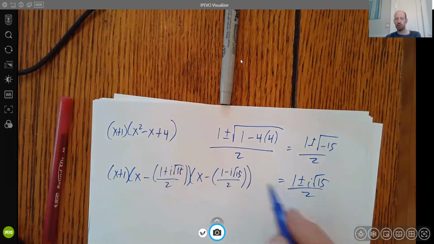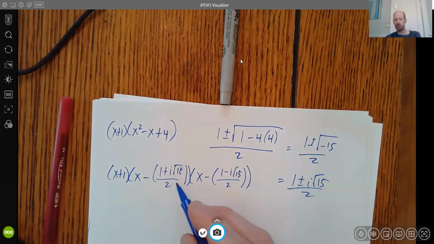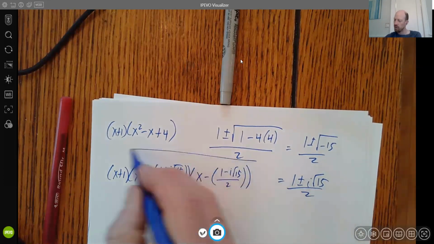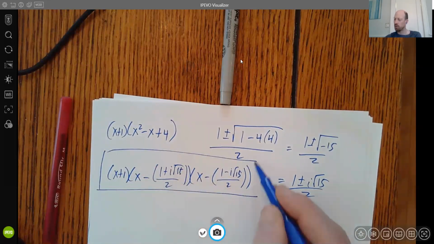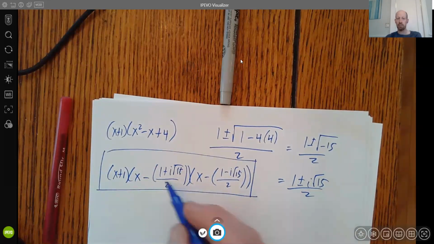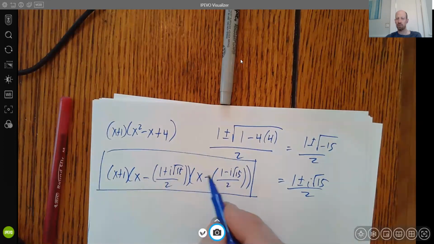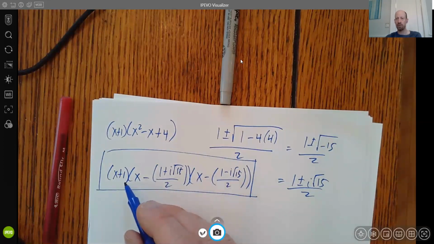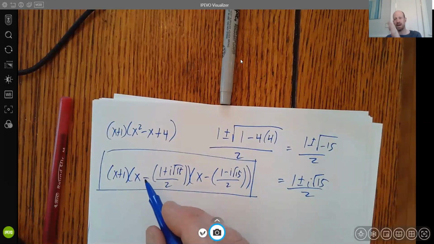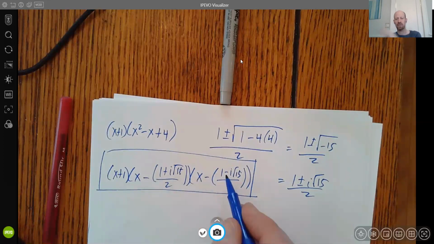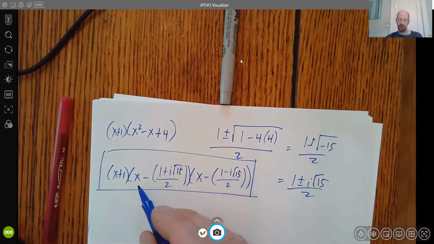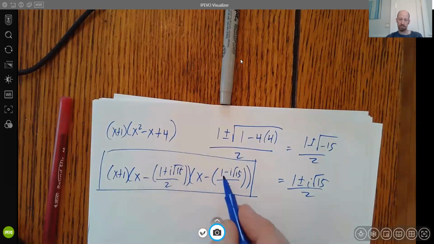Right, whatever the 0 is, x minus that 0 is a factor. So this is my polynomial that I started with, broken down into its 3 linear factors. Every polynomial can be broken down into these linear factors, x minus, x minus, x minus, for they're equal to the degree. This one has 3 different zeros,